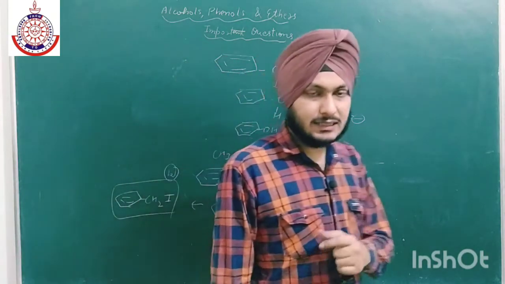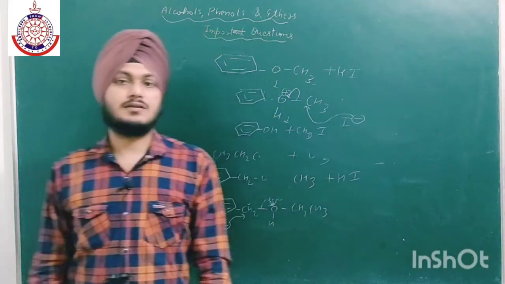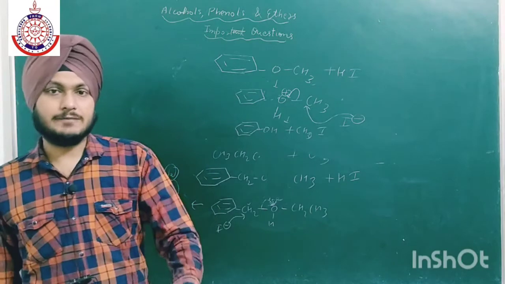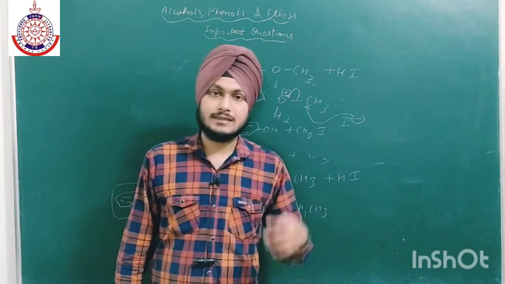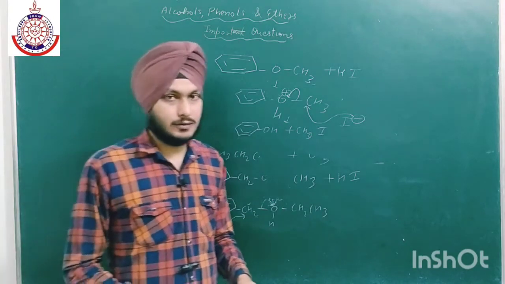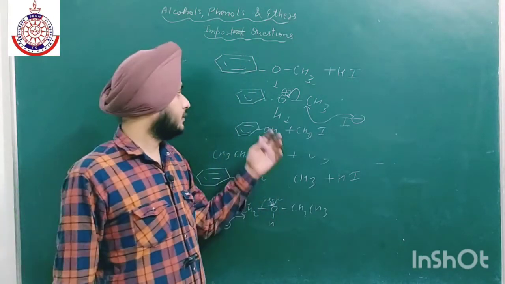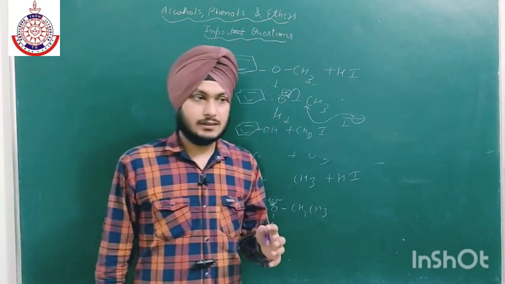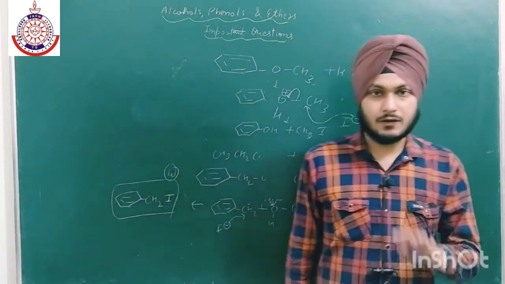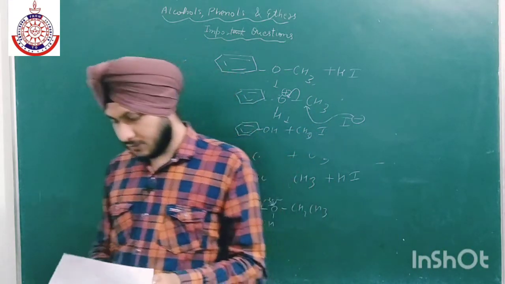So in this case the SN2 mechanism is followed, but if there is a chance of formation of a tertiary carbocation, then the SN1 mechanism will be followed, and a 3-degree carbocation will be formed. And a 3-degree product in the form of alkyl halide is given by the ethers. So let us move on to the next question.